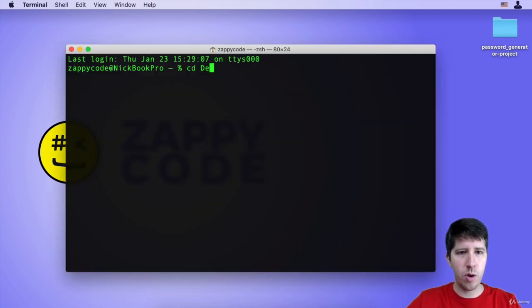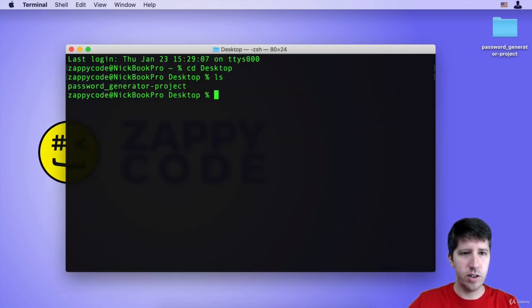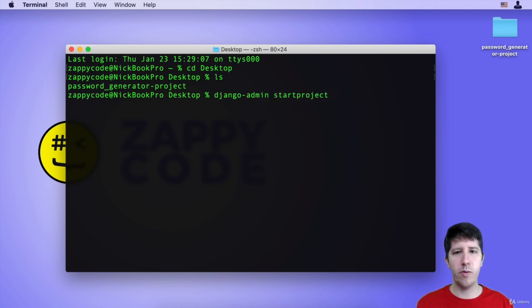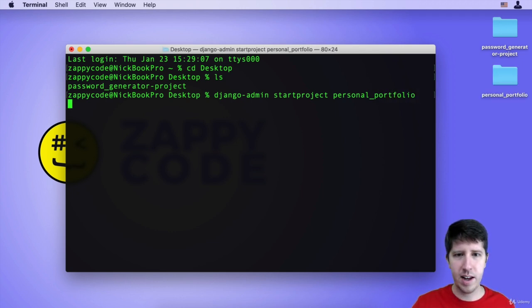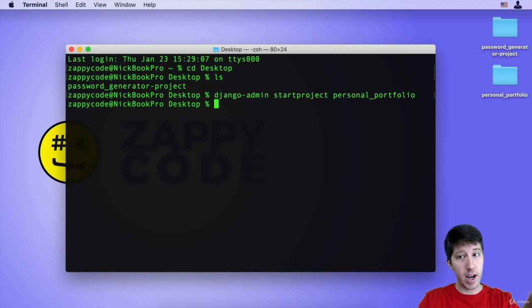And I'm going to move on to our desktop because that's where I'd like to create this project. You can see we've got the existing password generator project there. But let's go ahead and do a django-admin startproject. And this is going to be our personal portfolio. So that seems like a good place to start as far as naming goes. So I'm going to say personal_portfolio. Okay. I'm going to go ahead and hit enter on that,